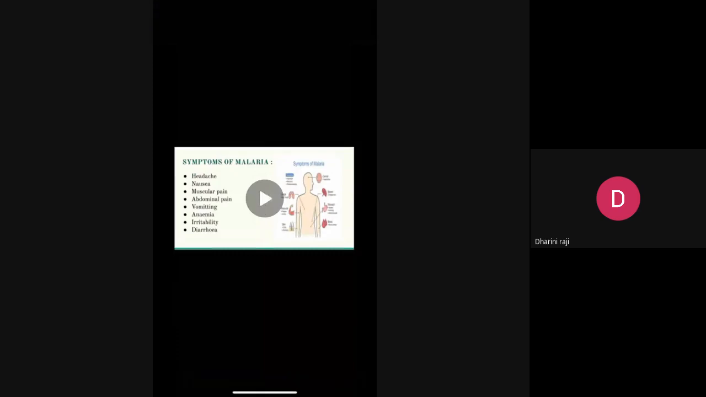Symptoms of malaria: headache, nausea, muscular pain, abdominal pain, vomiting, anemia, irritability, diarrhea are the symptoms of malaria. Prevention is better than cure. So I would like to discuss more detailed information regarding the preventions of malaria. There are several preventions to take to stay safe from malaria. They are